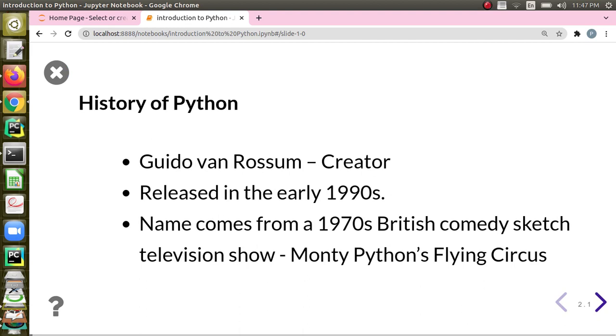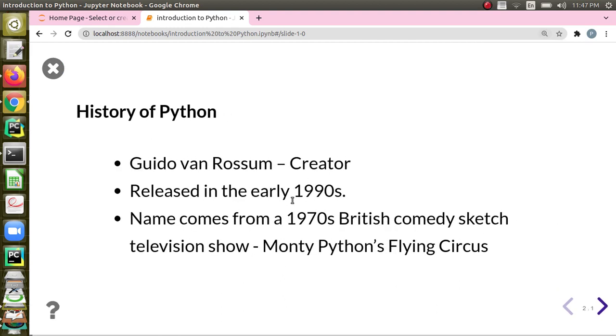And when you look at the history of Python, it was created by Guido van Rossum in the early 1990s. He did it as a hobby because he was working in C. He felt C has a lot of syntax and it is difficult for certain people to remember all the syntax in C. He felt there should be some language with less syntax. That was the objective when he made this language, and he made it for fun, during his Christmas holidays in December.